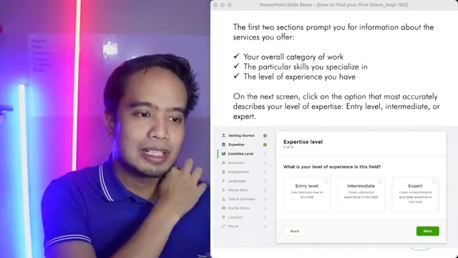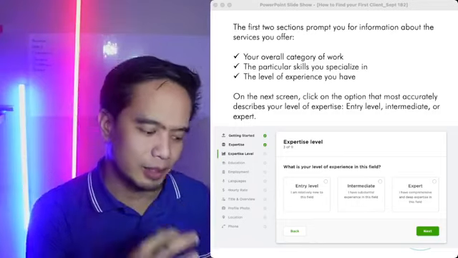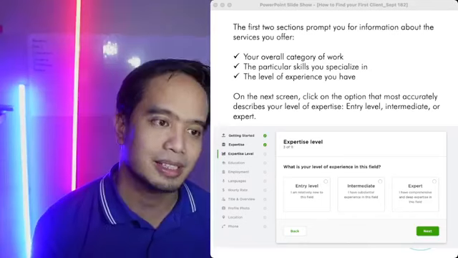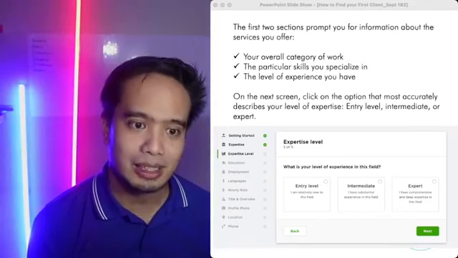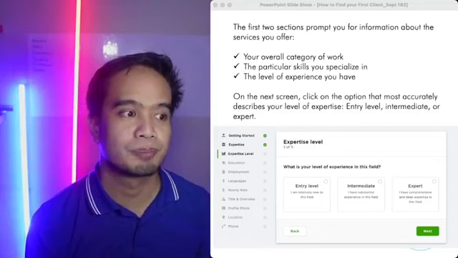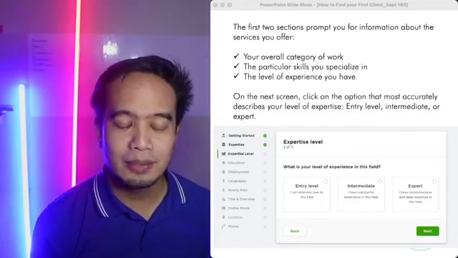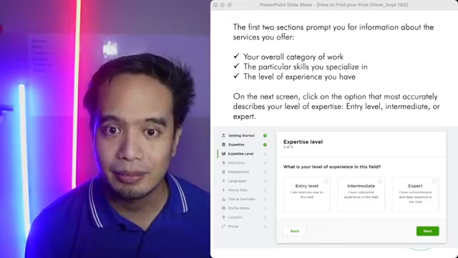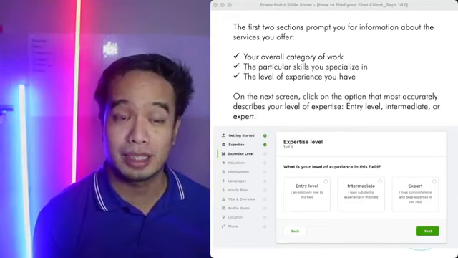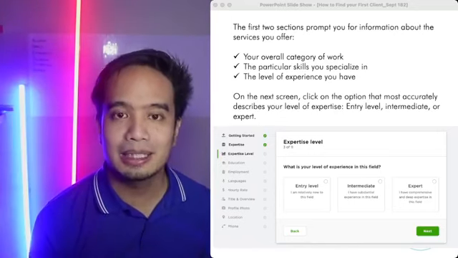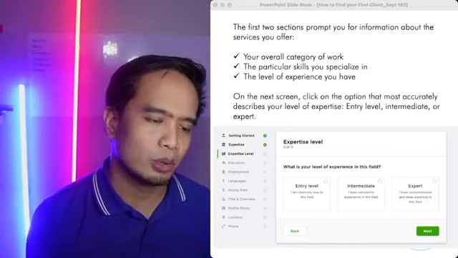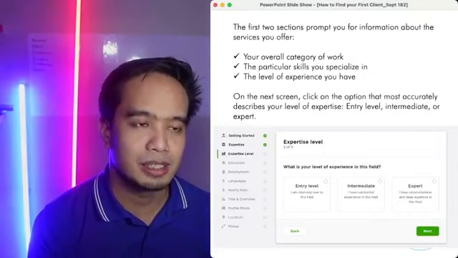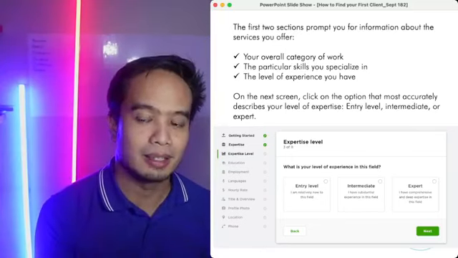And even if wala kayong experience online, you can still be an expert. Especially, for example, okay, gamitin natin yung Microsoft Excel. Kasi maintindihan ng mga tao yung Microsoft Excel. Some people, expert na sila sa Microsoft Excel. Marunong na sila gumawa ng macros, parang may programming dun. And even if wala silang experience online, yung offline yung experience nila, expert na sila. Okay, so if they are offering Microsoft Excel services, pwede naman nila sabihin na expert na sila. Okay, they're not entry level, they're not intermediate, they're already experts. Kahit nasa office, they became experts sa office and not online. Okay.